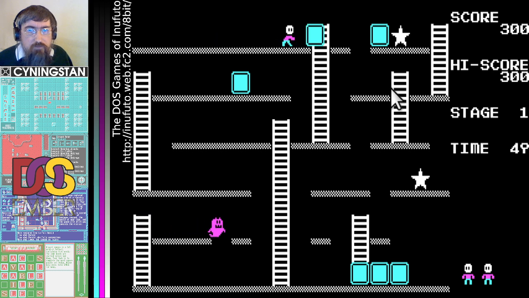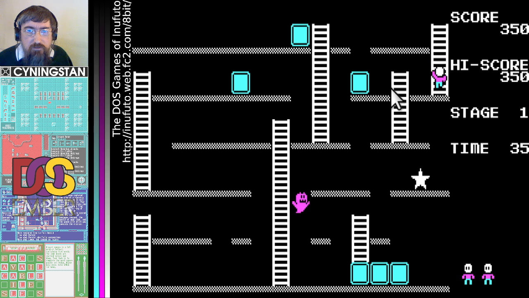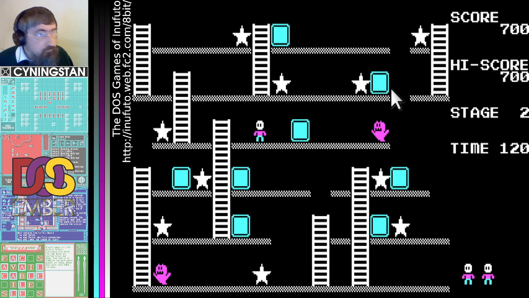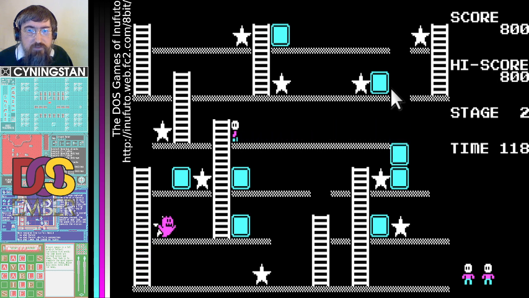And when you kick one of these... Right, good job I can kick down, that's good. Yeah, when you kick one of these and it can't move, then you destroy it, but it reforms. That's interesting. Right, can I get rid of this ghost? Yes. Right, that... Well, that's interesting. Now, I wonder how I get to the right there.